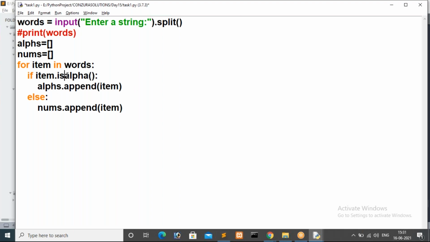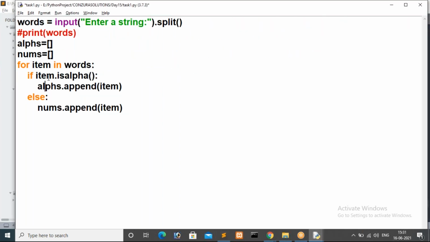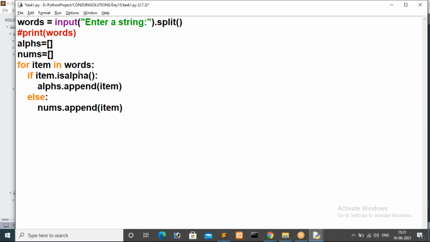So in the first iteration we have Abdul, right? Abdul dot isalpha is true, so we are appending this item inside alphas, that is over. In the second iteration we are getting 23. Inside item we have 23. 23 dot isalpha is false, so it will come to the else case. Here I'm storing that item inside nums. In the third iteration we are getting Narsimha, so Narsimha dot isalpha is true, so Narsimha will be stored